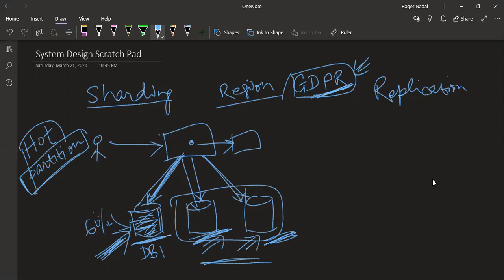So what was the next thing on this? Okay, read and write, we were just talking about. And replication. Okay, so we will talk about replication maybe a little bit. I don't know in which order I want to bring it, but there is another scenario I wanted to talk about, if somebody can answer that.